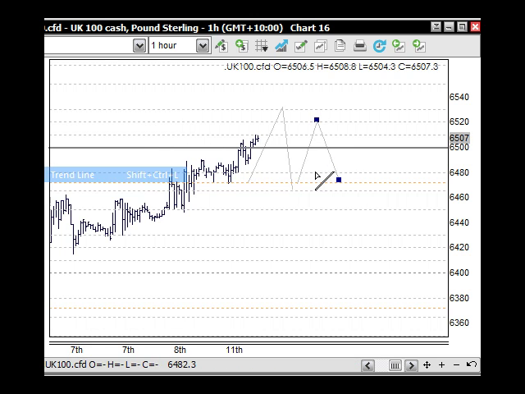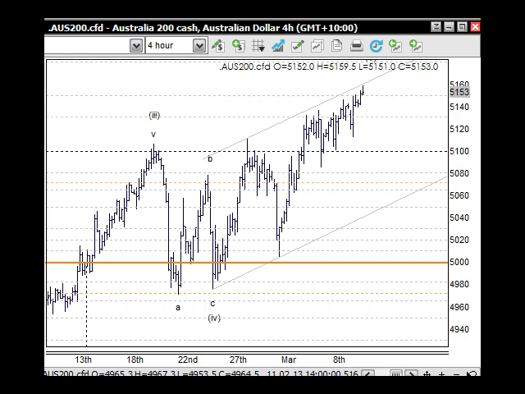But in line with the S&P 500, we can expect an A and a B and a C within this range of subgroup 2 and subgroup 1 here, and the 6,500 will be the balance line. So just give it some time to play out through here and then wait for support, but we're looking for a 3-wave swing in most of the equities, and that would bring us into Australia as well. And we can see here that